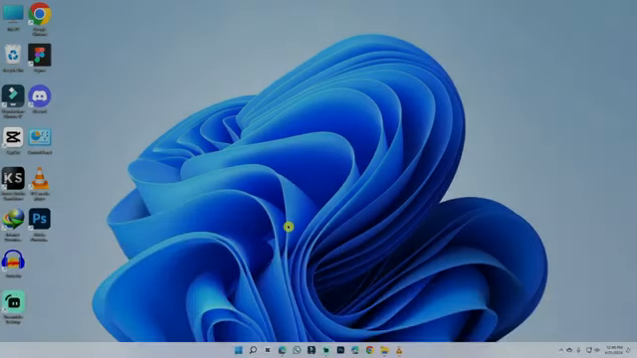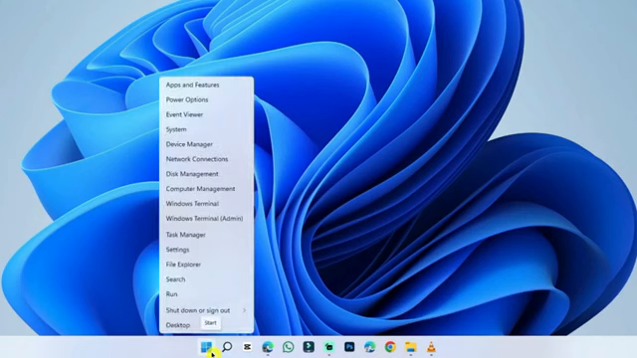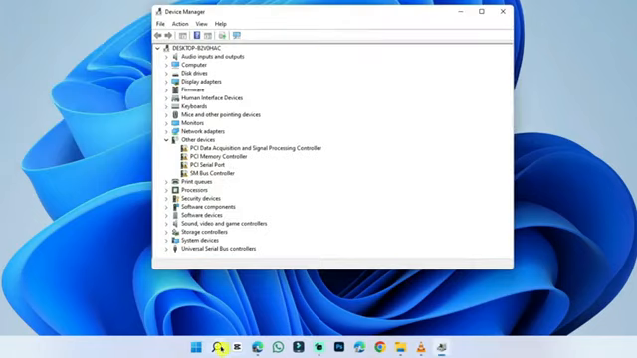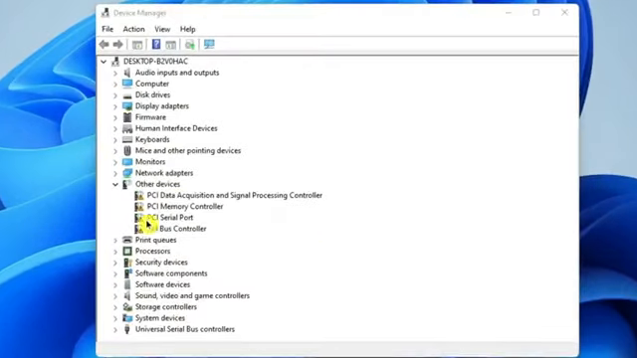So, let's dive in. Firstly, to open the Device Manager, you can right-click on the Windows Start icon. You will see an option for Device Manager, which will open up a new window. Alternatively, you can search for Device Manager directly in the search bar. Once you have the Device Manager open, you will see a list of various drivers like monitor, network adapters, and